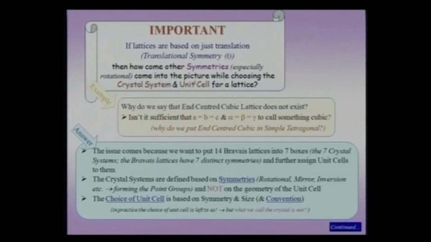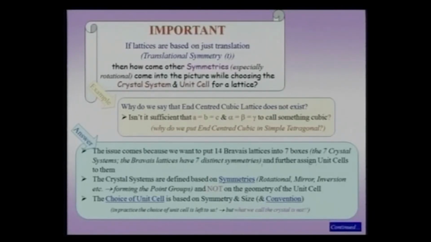For example, why do we say that end-centered cubic lattice does not exist? Isn't it sufficient that A equal to B equal to C and alpha, beta, gamma equal to 90 degrees to call something cubic? In other words, why do we put the end-centered cubic into the simple tetragonal? We had answered this question just some time back, and to generalize the answer, the issue comes because we want to put the 14 Bravais lattices into 7 boxes, the 7 crystal systems. These 7 crystal systems have 7 distinct symmetries,